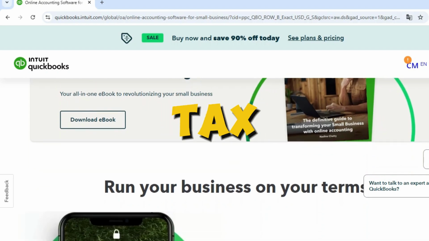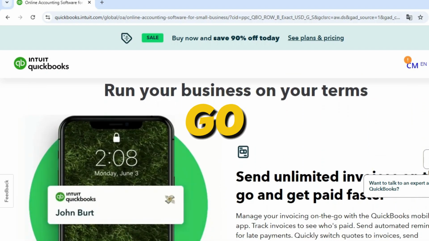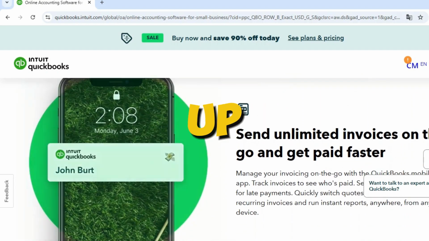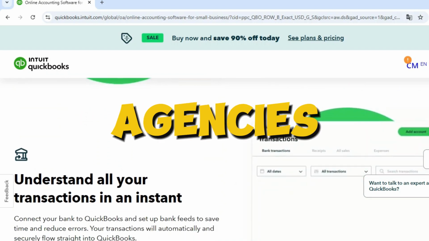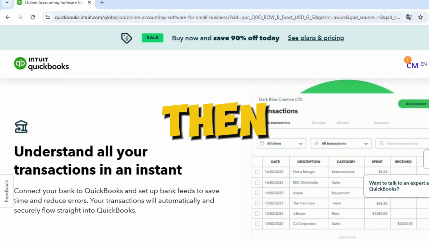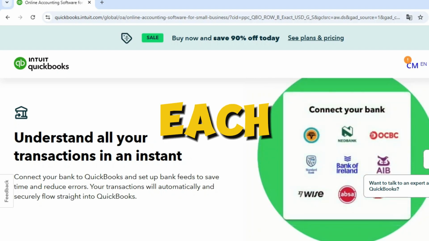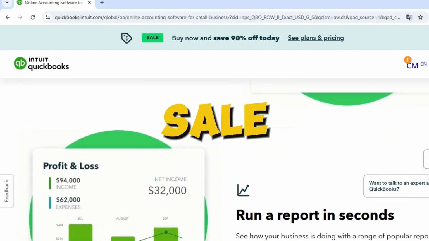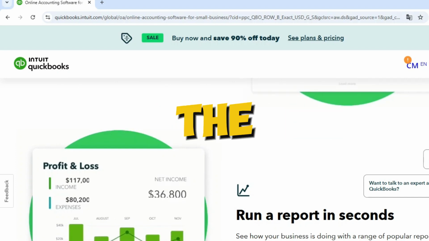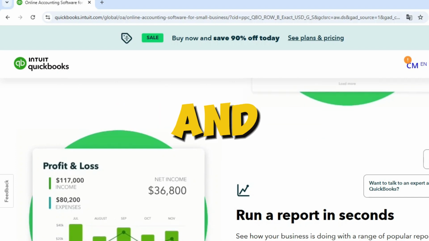First, set up your tax agencies and rates. Go to Taxes, Sales Tax and click Set up tax rates. Add your state, county, or local tax agencies and their corresponding rates. Then, assign the correct tax rate to each customer and product/service item. When you create a sale, QuickBooks will automatically calculate the tax based on the customer's location and the taxability of